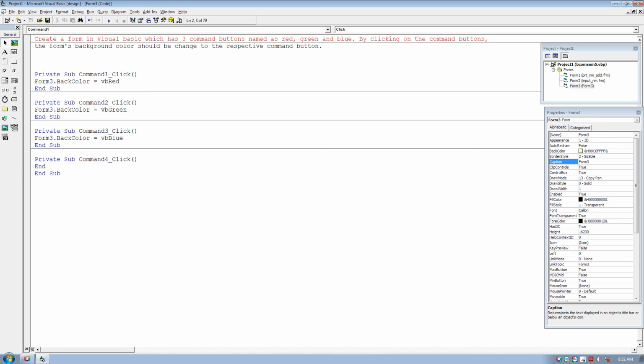As we click on a particular command button, the form's color should be changed to that command button's caption: red, green and blue.